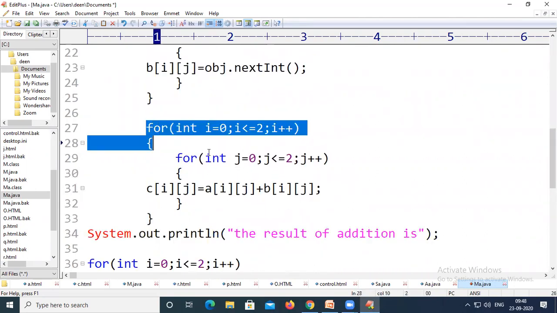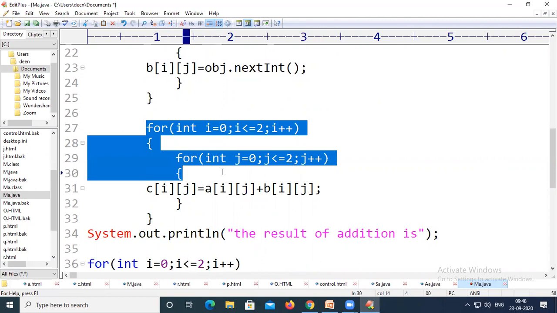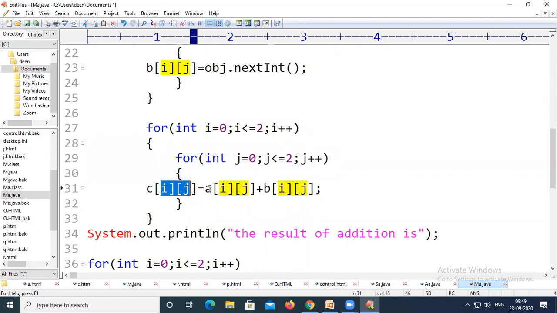Now for the third array we are going to repeat the same things, i equal to 0, j equal to 0, because we are trying to work out the addition of two matrices. The addition of two matrices: C of 0 0 is going to store the addition result of A of 0 0 and B of 0 0. So the ij values in all three matrices will be common in case of addition. That's why we have taken C of ij equal to A of ij plus B of ij, where the values of i and j will iterate between 0 to 2, which means there will be 9 combinations.